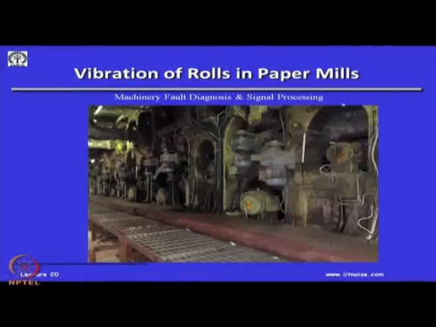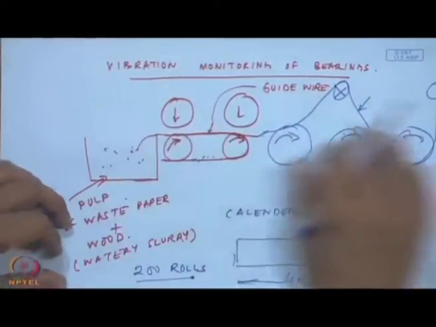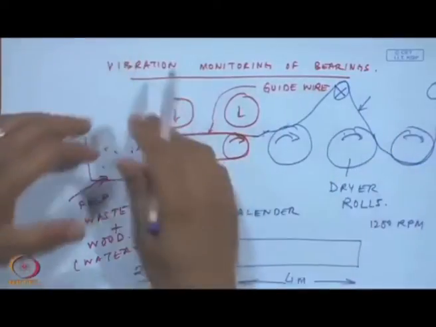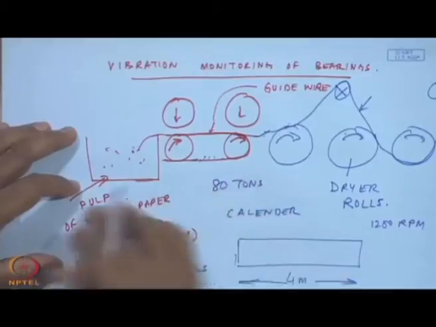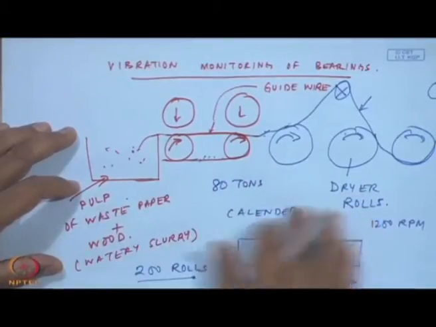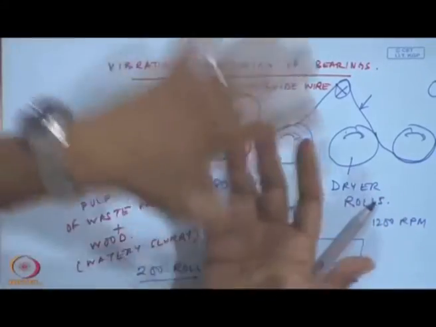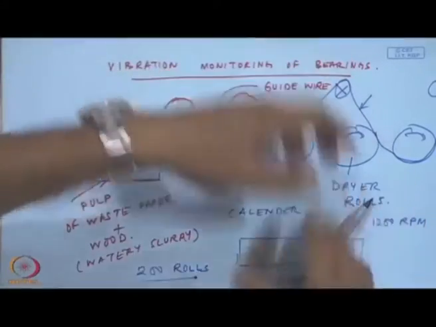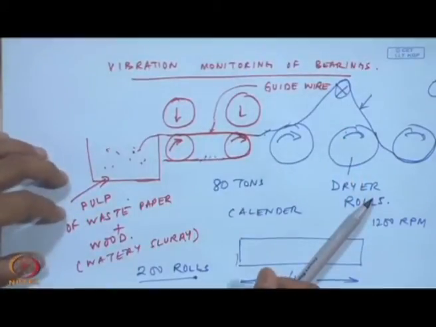If you can see the rolls here, all these rolls have to be supported on bearings, and imagine if one roll breaks or fails, your paper is going to get jammed and there will be no production. This is a continuous process. About 80 tons of paper comes out per day, continuously running. You feed in pulp, and all you have is a series of rolls pressing it, drying it, ironing it or calendering it, and then you have a pickup roll.